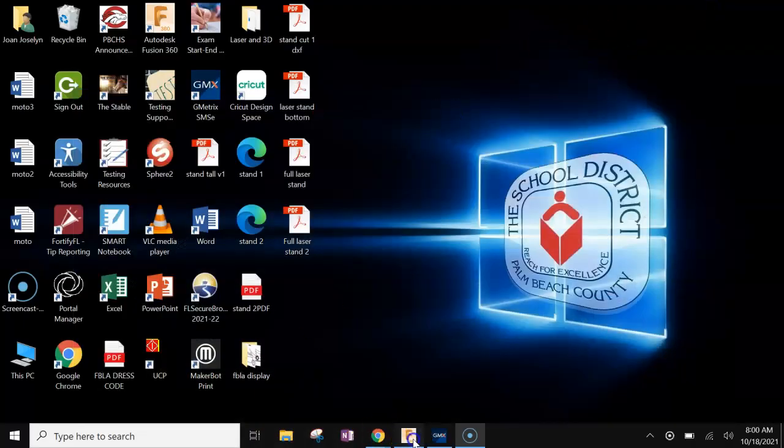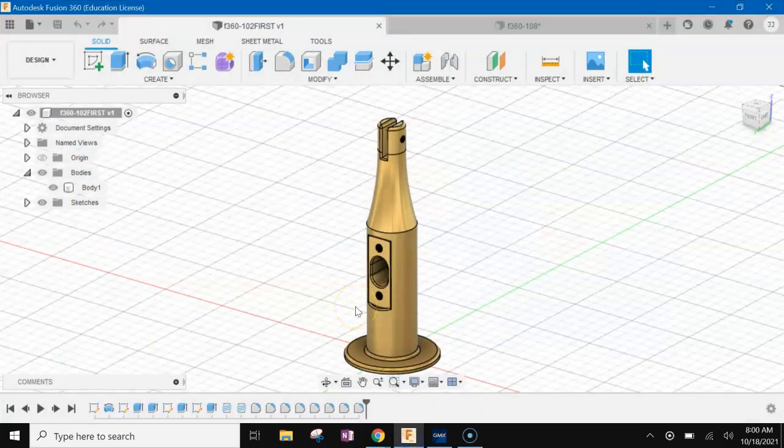Hey there, this is Mrs. J, and today I wanted to show you how to use the snipping tool to successfully turn in your geometrics